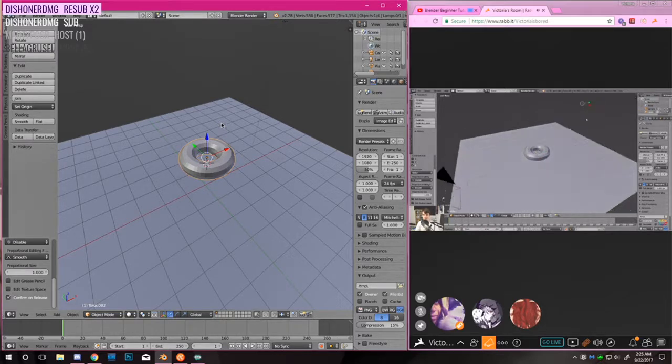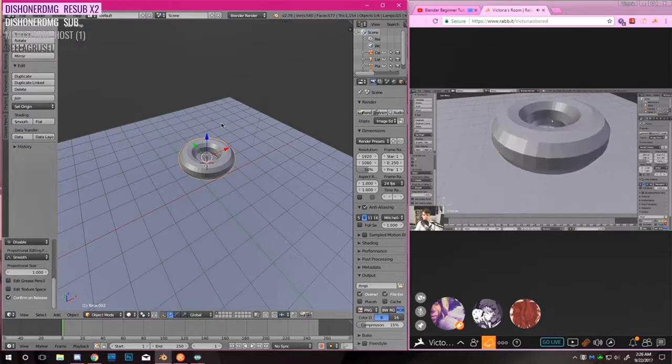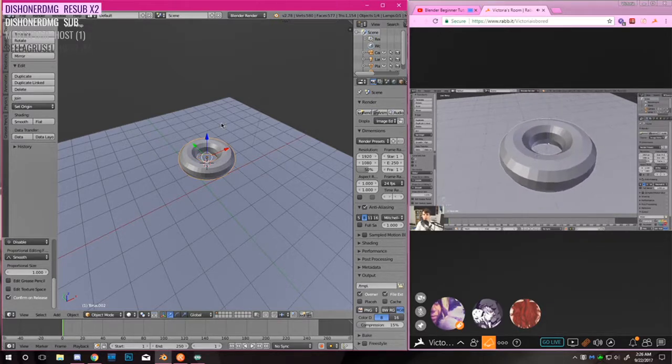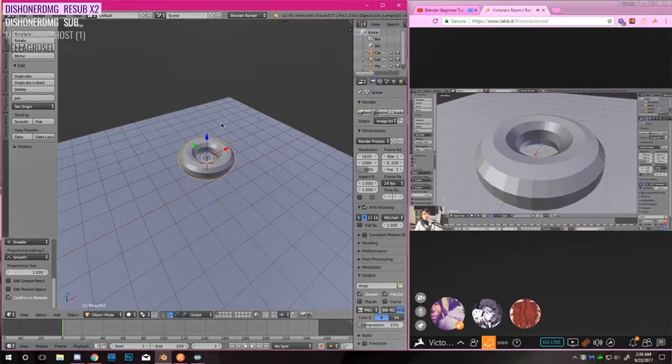It's called a 3D widget tool, and it allows you to move it on a specific axis. So you can see if I hit that green one, it's only moving on the green axis. Red one will only move on the red, and the blue one will only move on the blue. Now these axes are the 3 dimensions which we live in the world, and you'll find this little tool here,